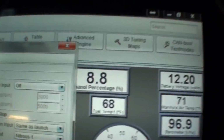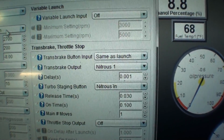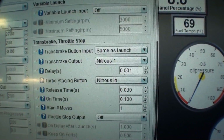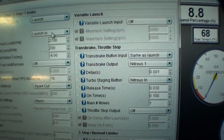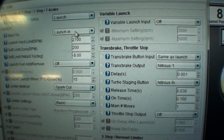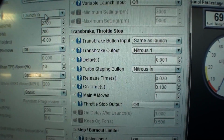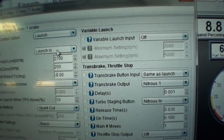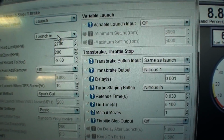And then what you do here to save some wiring is, for the trans brake button, you say same as launch. There are other options here. You could have three buttons to do this if you wanted to be a total idiot. Or, honestly, if you have some special situation where you only want to do the trans brake, and only want to do launch control sometimes, and only want to bump box sometimes, you can put three buttons in a row. But if we just stick to the program here, which is what most people want to do, get on a button, get the gas pedal to the ground, push another button that lurches the car into the second beam,